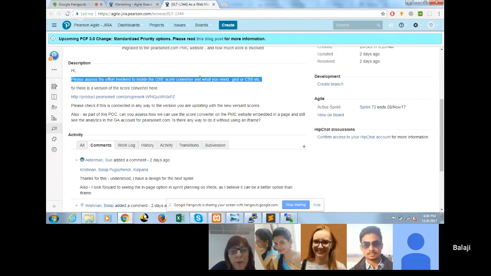Okay, and would we be able to use it on a PMC page with other content blocks around it? Yes, sure, we can. Standalone. Come again? If we pulled the score converter in as an HTML file into a PMC page using Adobe Experience Manager, would we have to have that standalone on that page, or could we also use content blocks and templates around it?